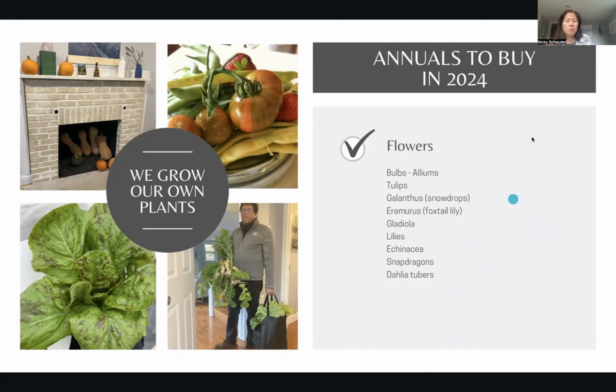And then the flowers that I would like to buy, so this is where I bring out the catalogs, right? This is the fun part, because you can give yourself permission, but then you have to stay within your budget. So I've just chosen a few